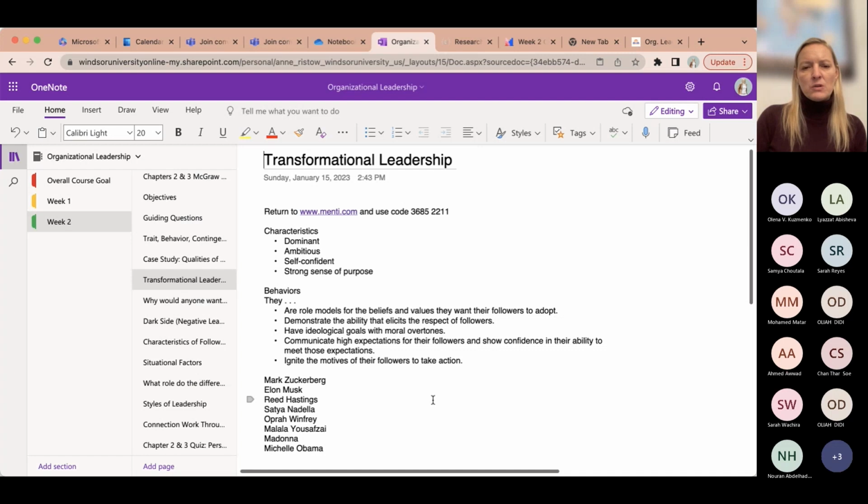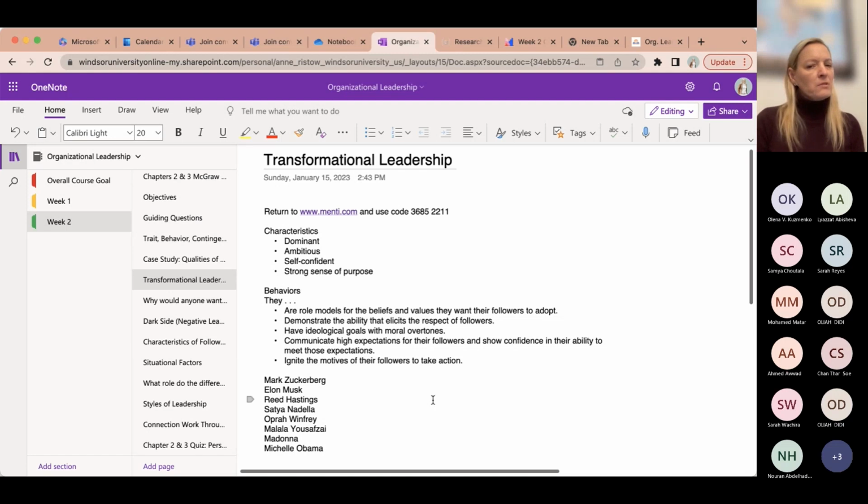We communicate as a transformational leader high expectations and show confidence in the ability of those that follow us in meeting those expectations. So it would be great to see, was it Miss White or Blue, become a transformational leader and really have high expectations for those who she leads. And then a transformational leader also ignites that motivation and has people just naturally wanting to take action and bring innovative approaches to the table.